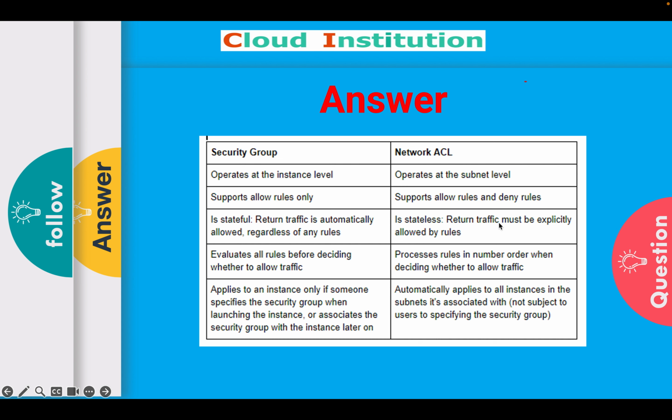So return traffic must be explicitly allowed by the rule. Okay, so there is no default allow for this particular NACL. Evaluate all rules before deciding whether to allow the traffic. Process rules in number order when deciding whether to allow the traffic. For example, evaluate all rules before deciding whether to allow the traffic, which means that